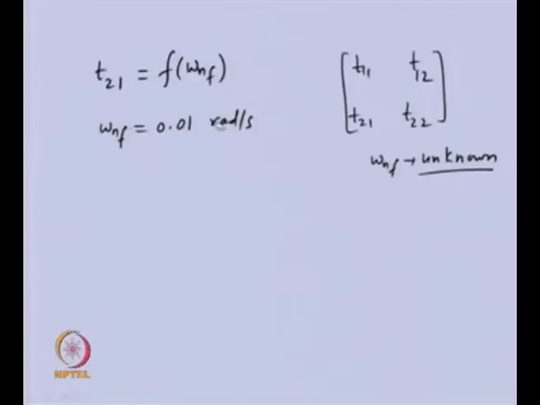Once we assume this, we can see whether the frequency equation is satisfied, because this is the initial guess. We do not expect that the first initial guess will satisfy it, there will be some residual,